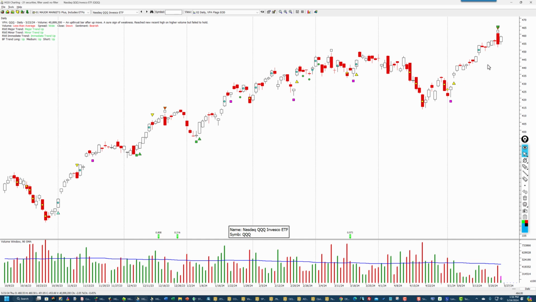It's not always correct, but it's correct multiple times. Look how correct the VPA efforts to fall over here were. Here's a test, confirmation of that test, and nice move up, effort to rise. These could still be valid. We don't know that yet. If this area isn't surpassed and it starts going down next week, the VPA flag still could be correct. But look at all these good signals here. They're not all going to work, but when we put all this stuff in context, it really helps us see what's going on. Let's go down to the